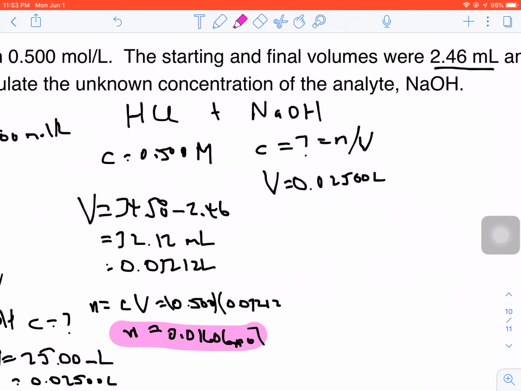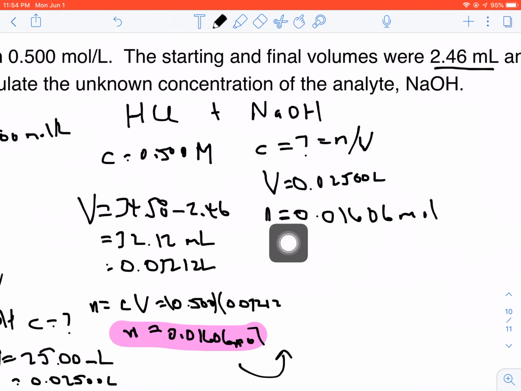And I know that this number of moles here is the same number of moles that I'm going to need on the other side. So my number of moles here is also equal to 0.01606 moles. Now I know N and V, I can solve for C, which is what the question was all about. All of the work that was done here was ultimately to come up with the number of moles, 0.01606 moles